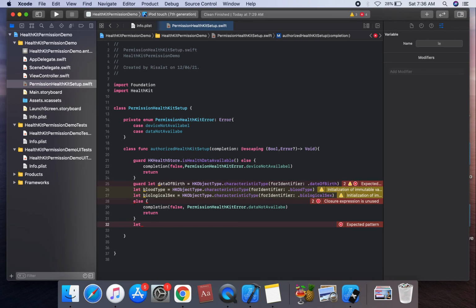If you want to read your data, so let HK health kit data, HK health kit to read data type.